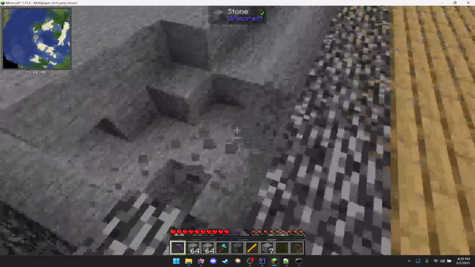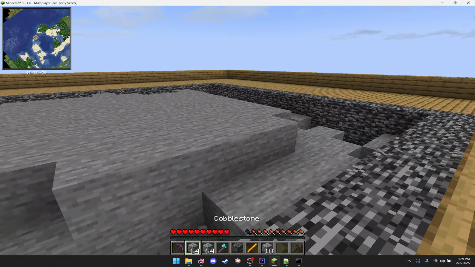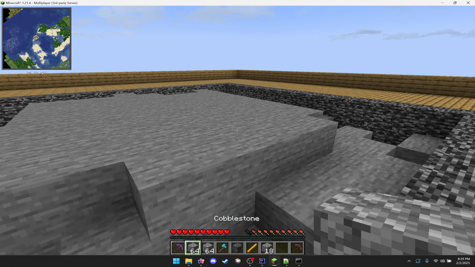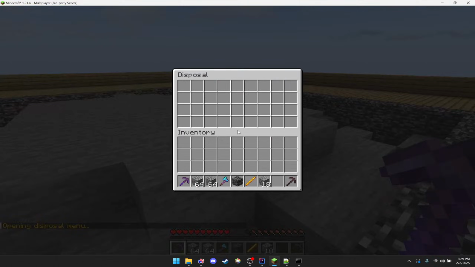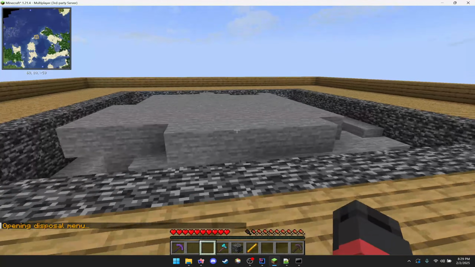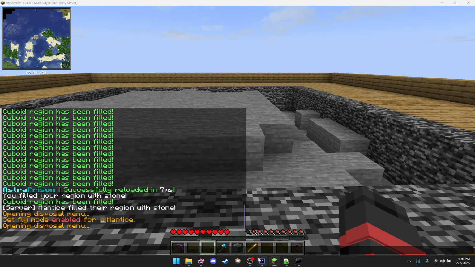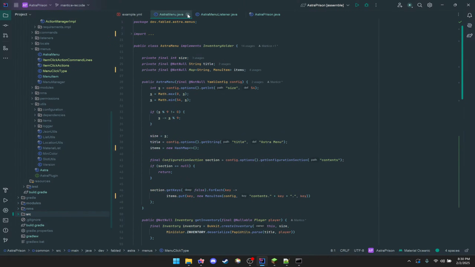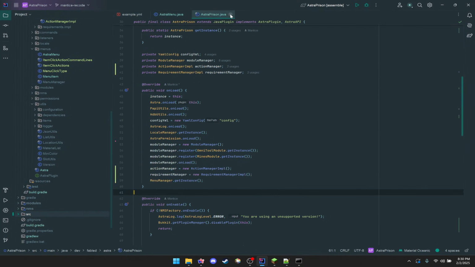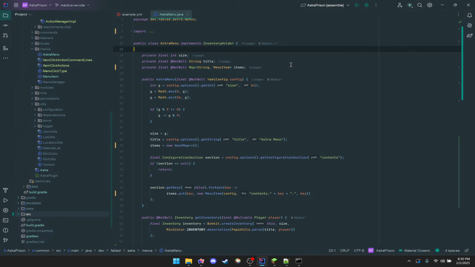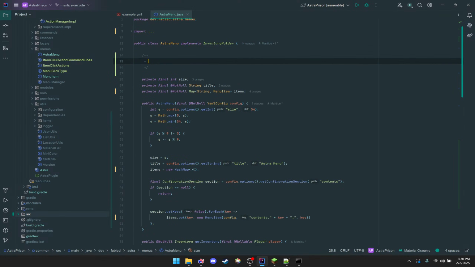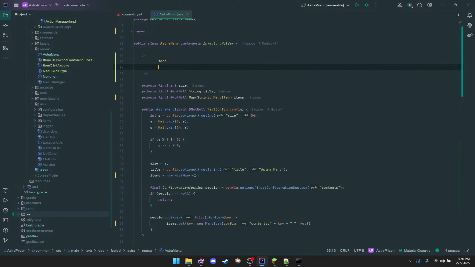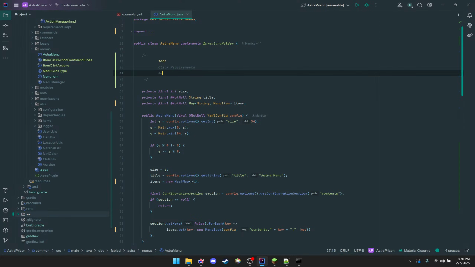So yeah, we have our fake blocks set up. We made some progress on our menus today. We need to do quite a bit still. We need to do click requirements and then pagination